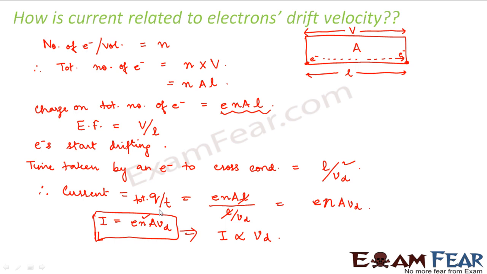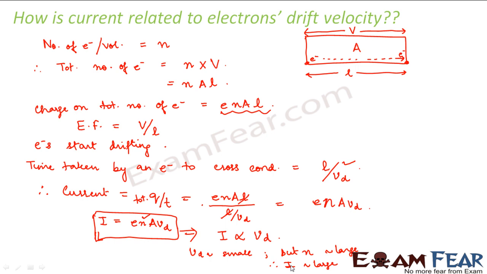Similar is the case here. Even though the drift velocity of one electron is very small, there are a huge number of electrons. The number density is very high. So since there are so many electrons, the small drift velocity of each of those electrons, when considered together, becomes a very high current. So therefore the current is very large. Please make a note of this point: generally drift velocity is small, but the number of electrons is large. Therefore, current is also large.